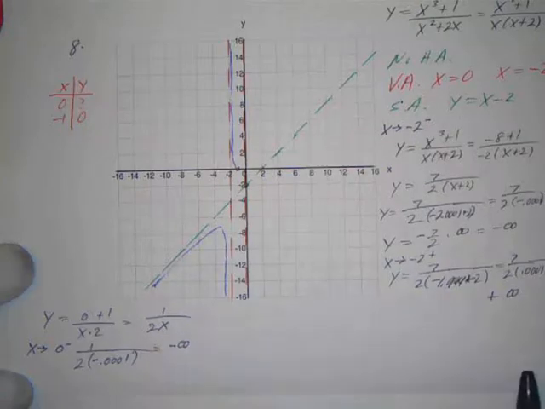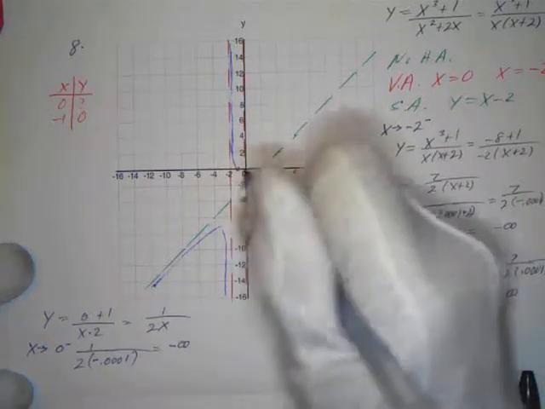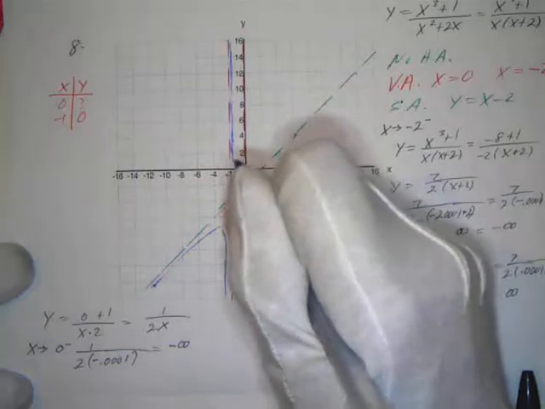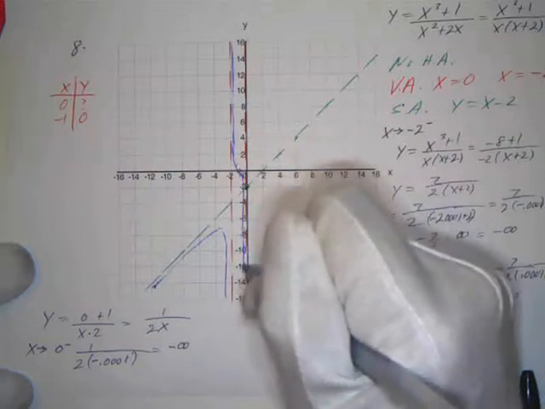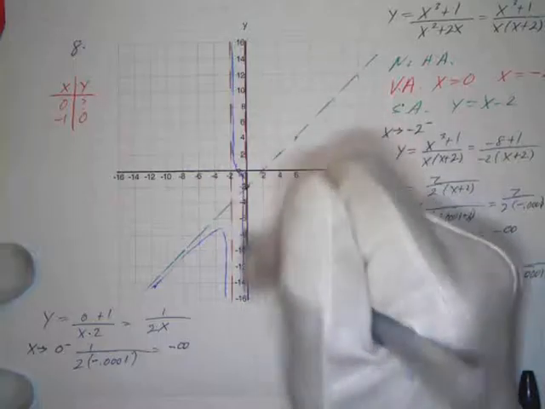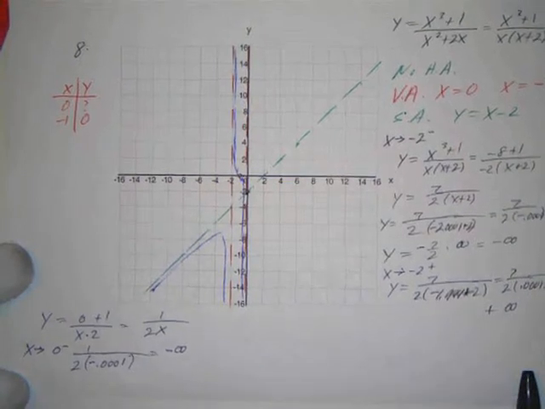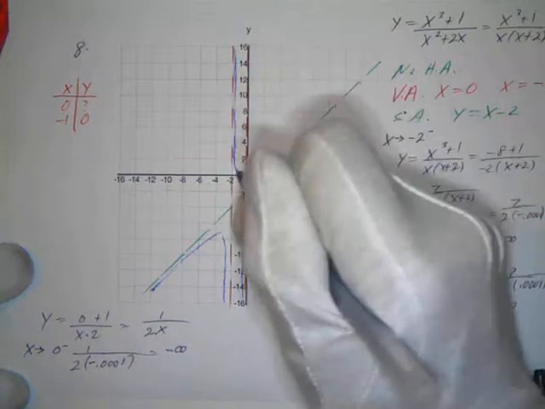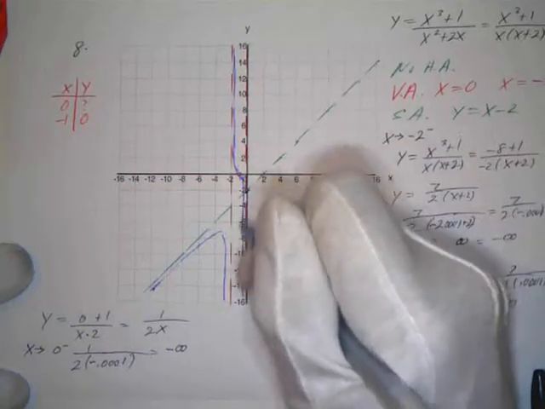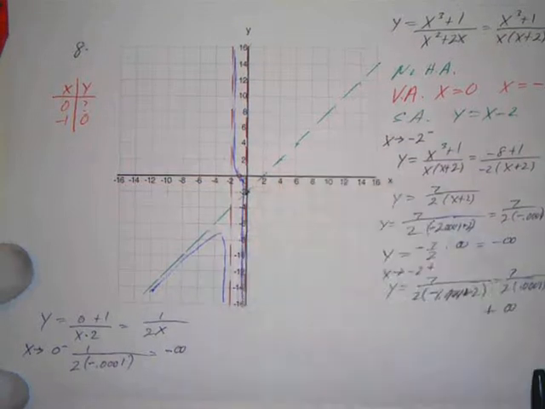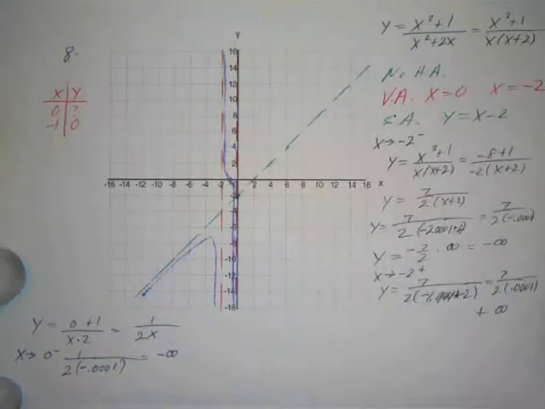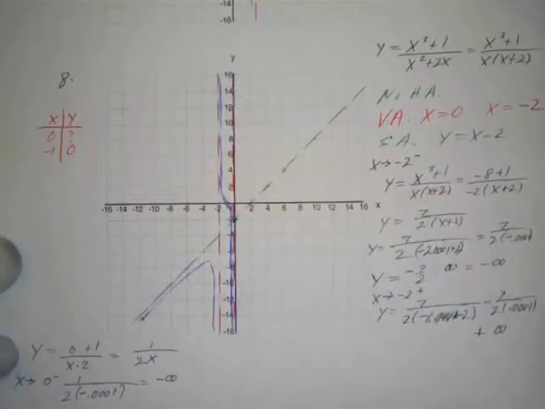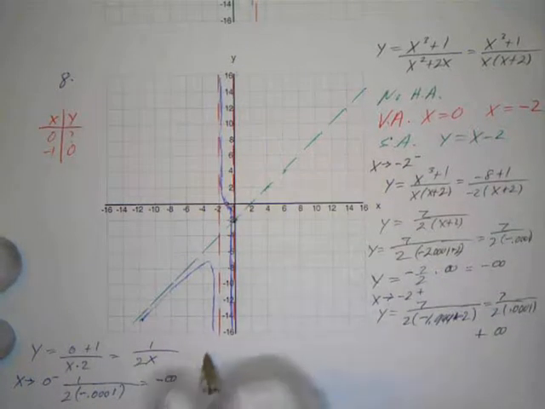So it looks like it is going down like this. So it's kind of squiggling down like that. Okay, hope you can kind of see that. Rather than going back up, it's going down. So there's my function. And then the last thing, what's going to happen over here? Am I going to be over here or over here? So let's see what happens as x approaches